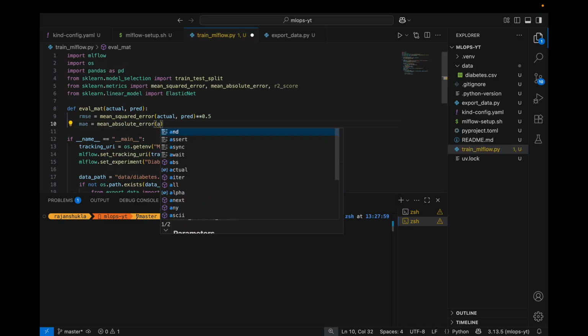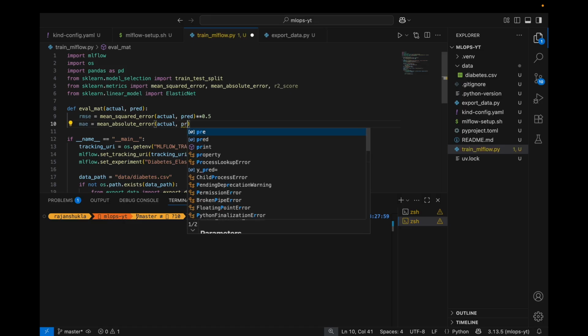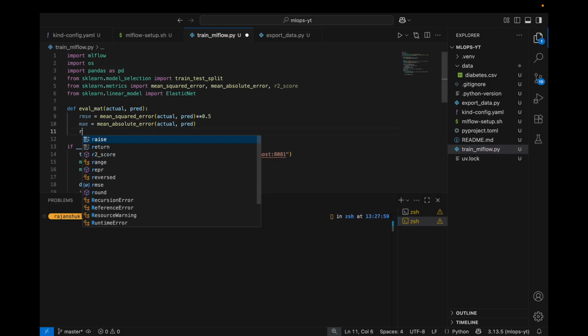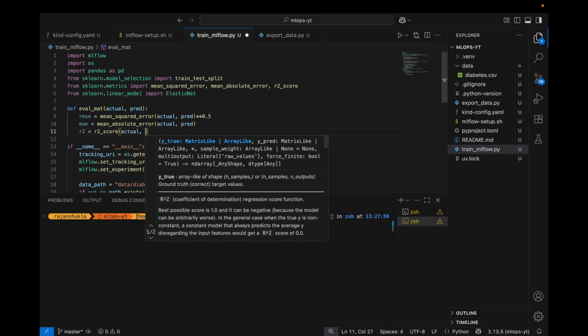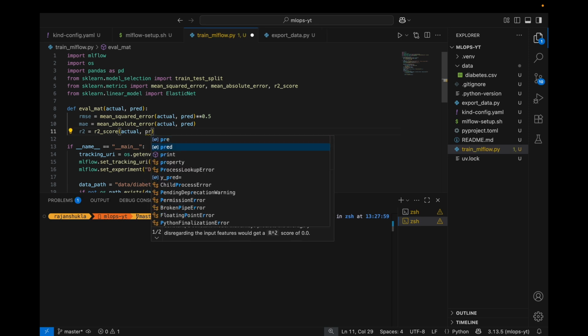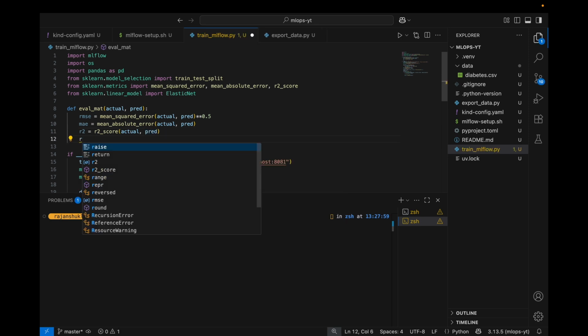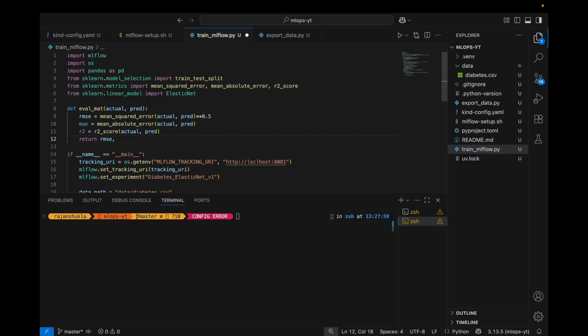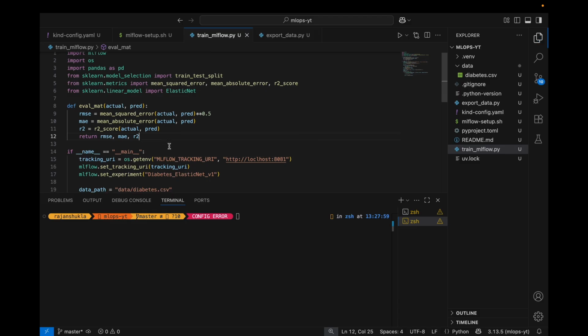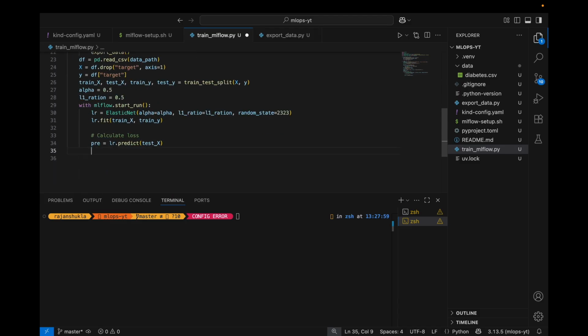Again, let's pass actual and predicted, and let's calculate the R2 score, actual and predicted. And let's return RMSE, MAE, and R2. Perfect. Let's come here, and now we can actually invoke this function, and let's call the